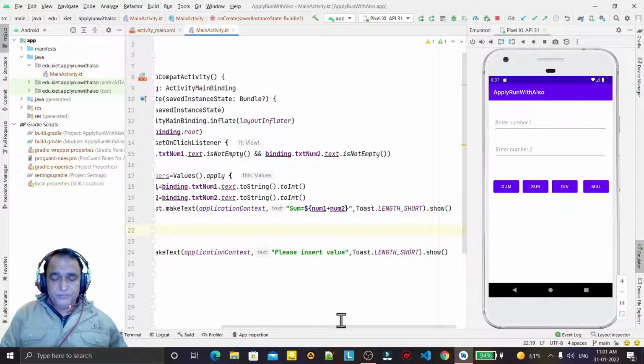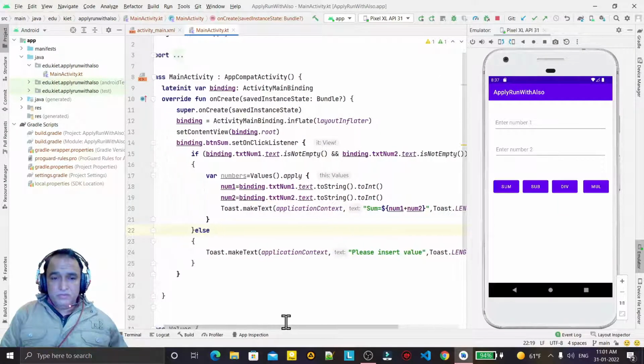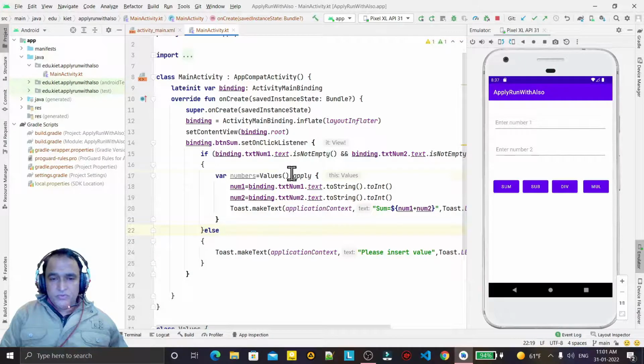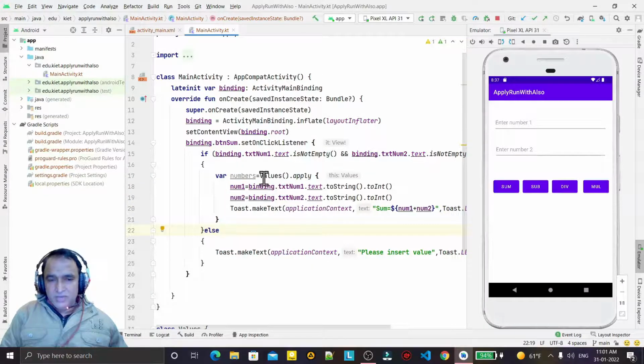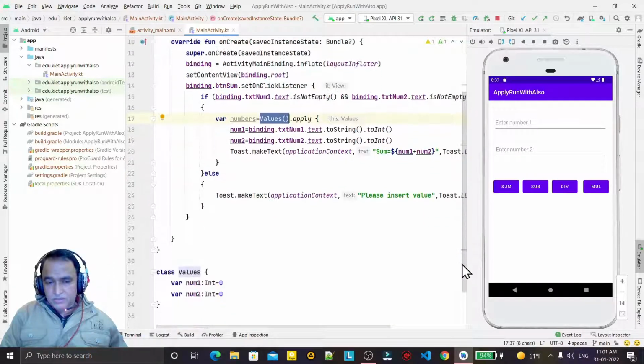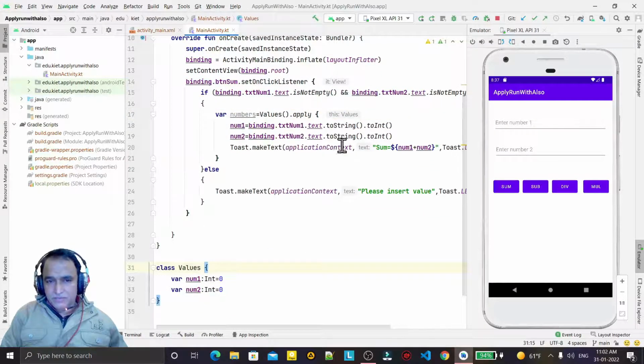You see, with the help of apply, very simply we have written the code, and we know that this class has these two variables. So we have initialized the variables and we just calculate the sum and display it here. With the help of apply we did all these operations.